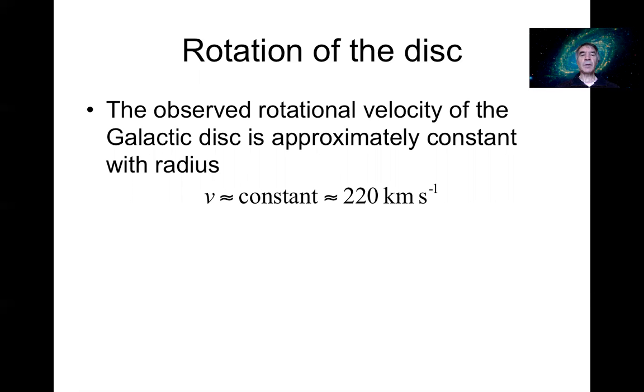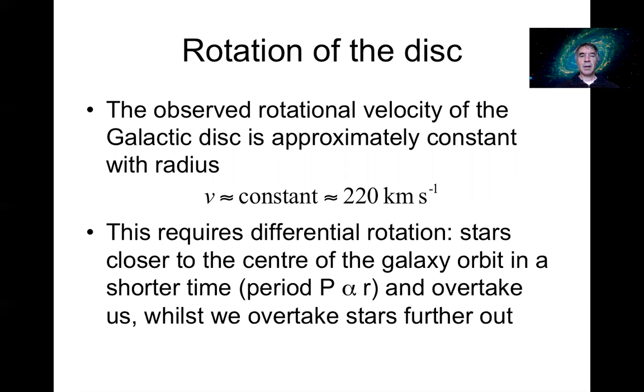Again, you don't need to remember this number, but the speed is just over 200 kilometers per second. It's the typical rotation speed for our galaxy, and it's very similar, as we shall see later in the module, for other galaxies as well. Now, if you think about it for a moment, the fact that the circular speed, the rotation velocity, is constant